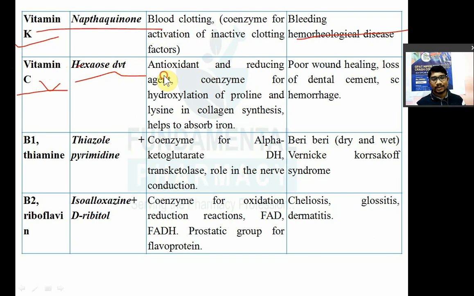Now it acts as an antioxidant in the body. It is a reducing agent and also a coenzyme for hydroxylation of amino acids like proline and lysine. Vitamin C is required as a cofactor for the hydroxylation of proline and lysine in collagen synthesis, and it also helps in the absorption of iron. You might have seen, if a pregnant lady is on an iron supplement,